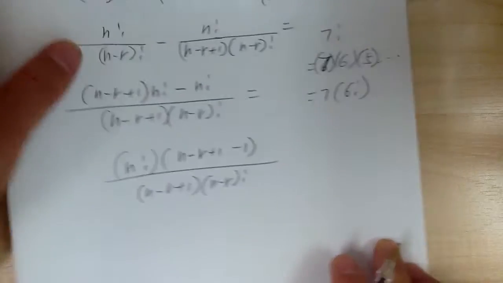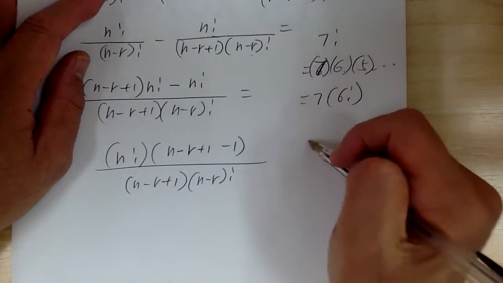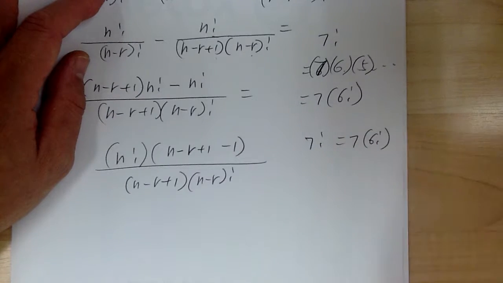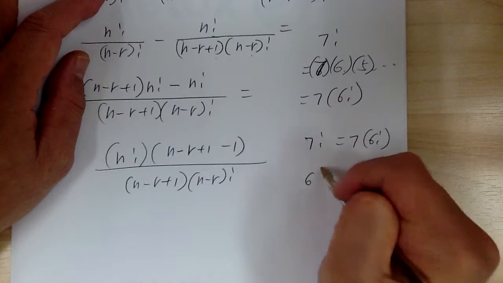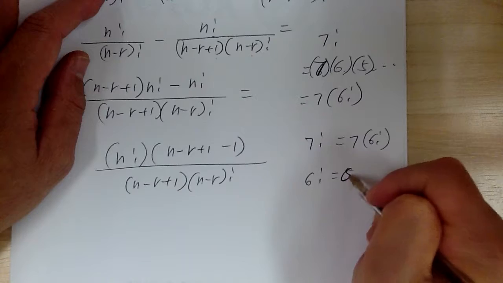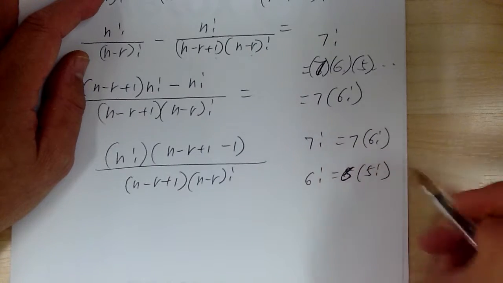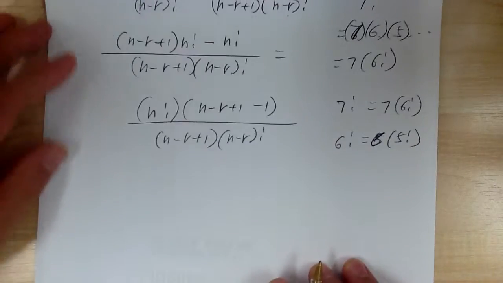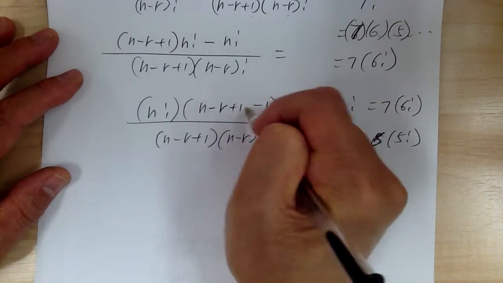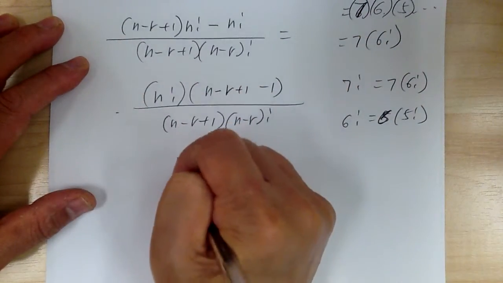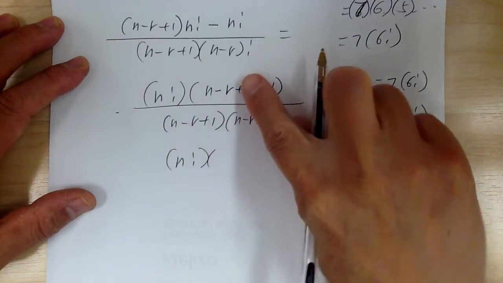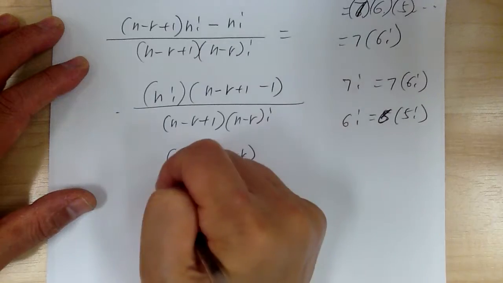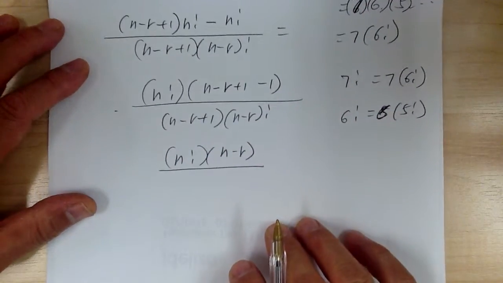The key to all this is you have to understand this part. 7 factorial is equal to 7 times 6 factorial, and so forth. And 6 factorial is equal to 6 times 5 factorial. So you have to understand the concept of factorials. This way, notice this is gone, so this would be N factorial, this cancels out, and it would be N minus R over